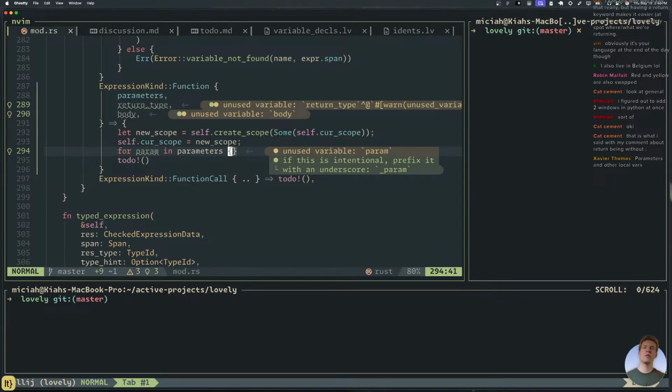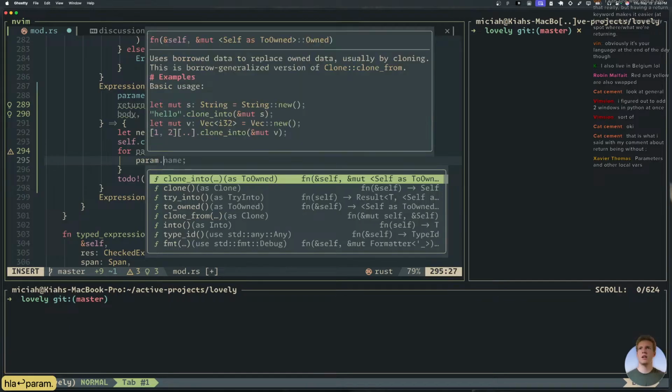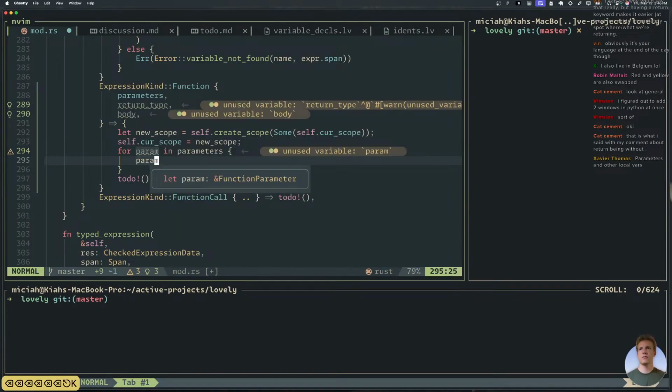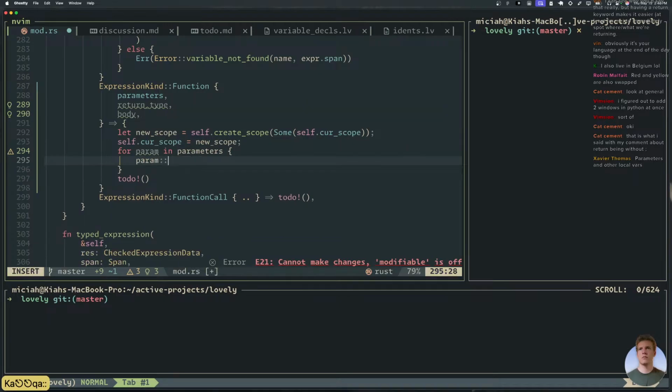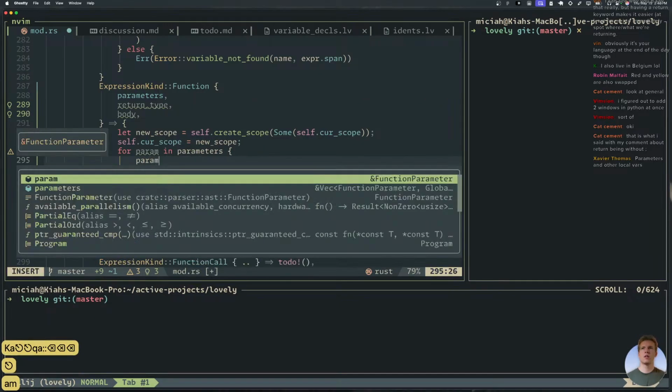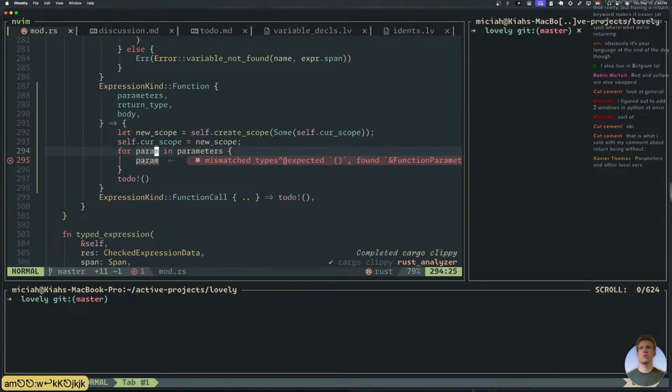So we have parameters. What's on a parameter? Param dot. Oh, is it an enum? What is a function parameter?